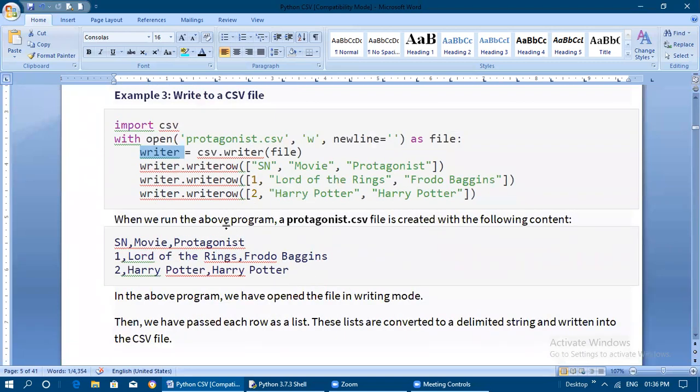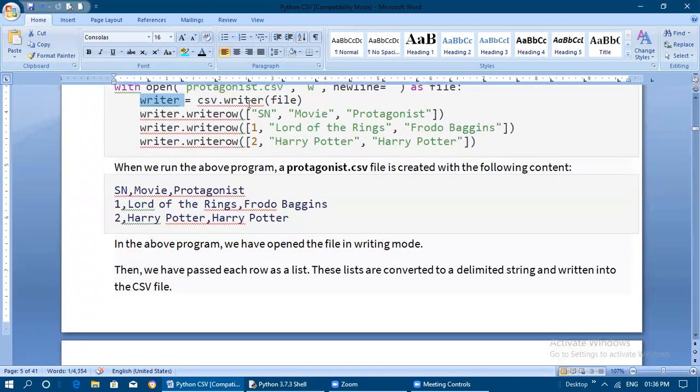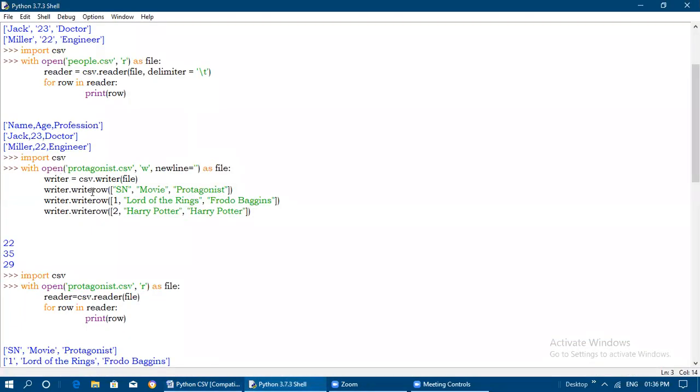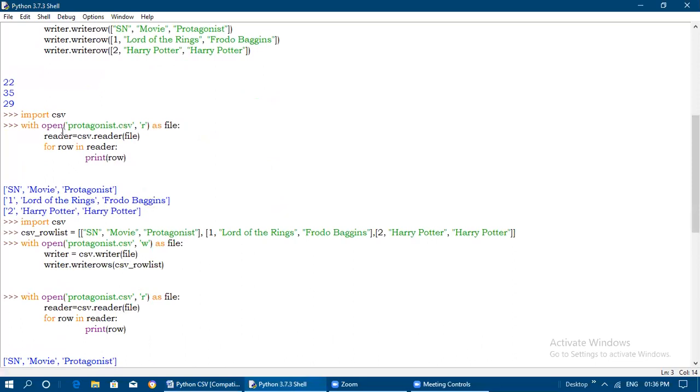After that, if you run the above program and open the protagonist CSV file in read mode with the help of the reader function, it will be displayed like this. Let us see here. With the help of the writer method, I have written, and it simply returns the answer like this. Then afterwards, I opened the same file name .csv in read mode, and with the variable name reader, I used a for loop.